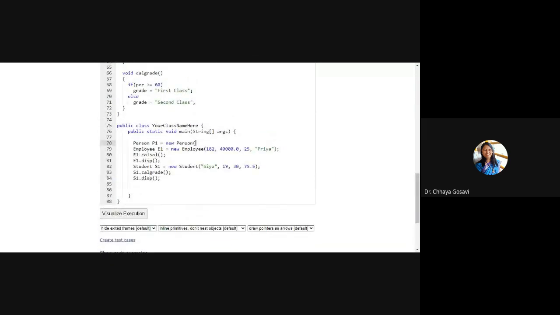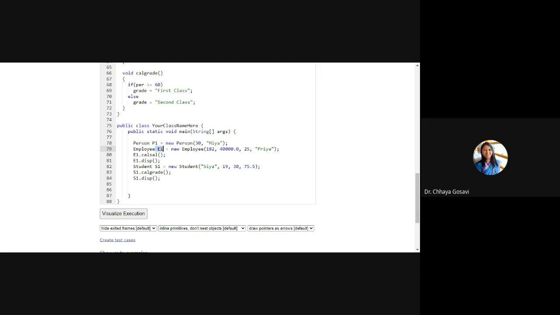So age say 30 and name say Mia. This is another object, a different entity with age 30 and name Mia. It has nothing to do with your employee or student.